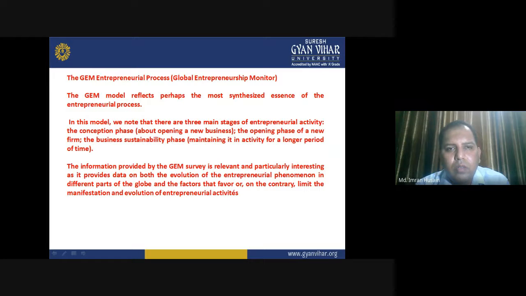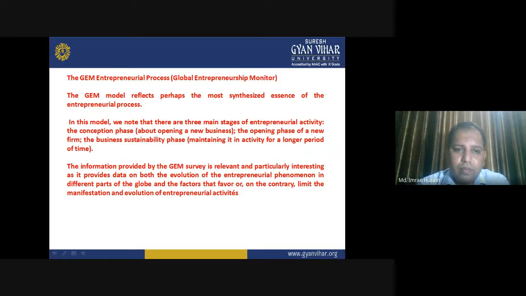The GEM entrepreneurial process, Global Entrepreneurship Monitor. The GEM model reflects perhaps the most synthesized essence of the entrepreneurial process. In this model, we note that there are three main stages of entrepreneurial activity: the conception phase, about opening a new business; the opening phase of a new firm; the business sustaining phase, maintaining it in activity for a longer